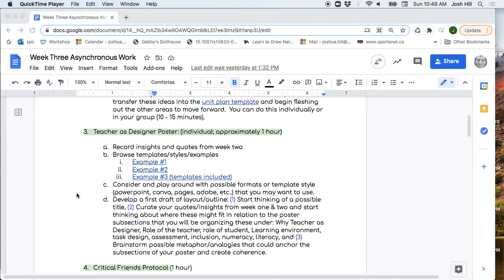In each section of your poster, I'm envisioning that you'll have some insights in statement form or paragraph form, and you might support those with some quotes from work, but you're definitely organizing all of this poster around your answer to the question, what does it mean to you to consider your role as teacher as designer, and how are you conceptualizing that? So you can build this big long work time. We've given you a huge window here.